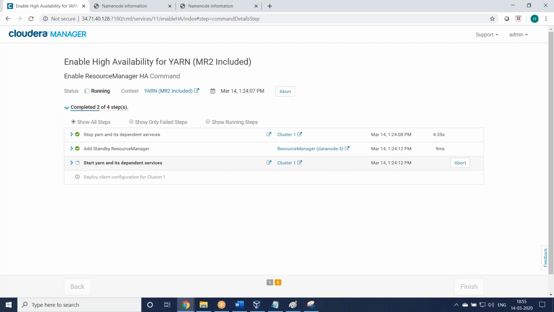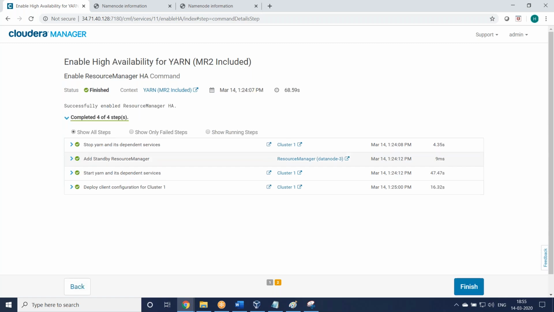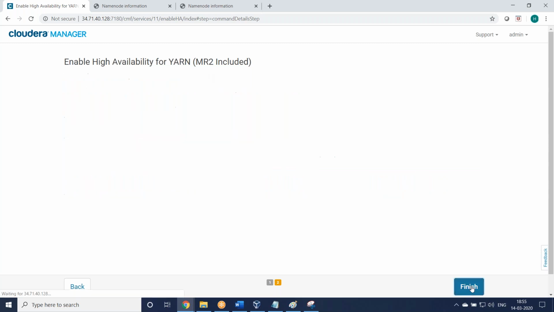The same for Hortonworks also, but the UI differs slightly. For the high availability of the MapReduce storage layer, we selected the servers and it was done automatically. But in Hortonworks, they made it slightly different. Okay, that we can see tomorrow. So the high availability of Yarn is done. Finish.